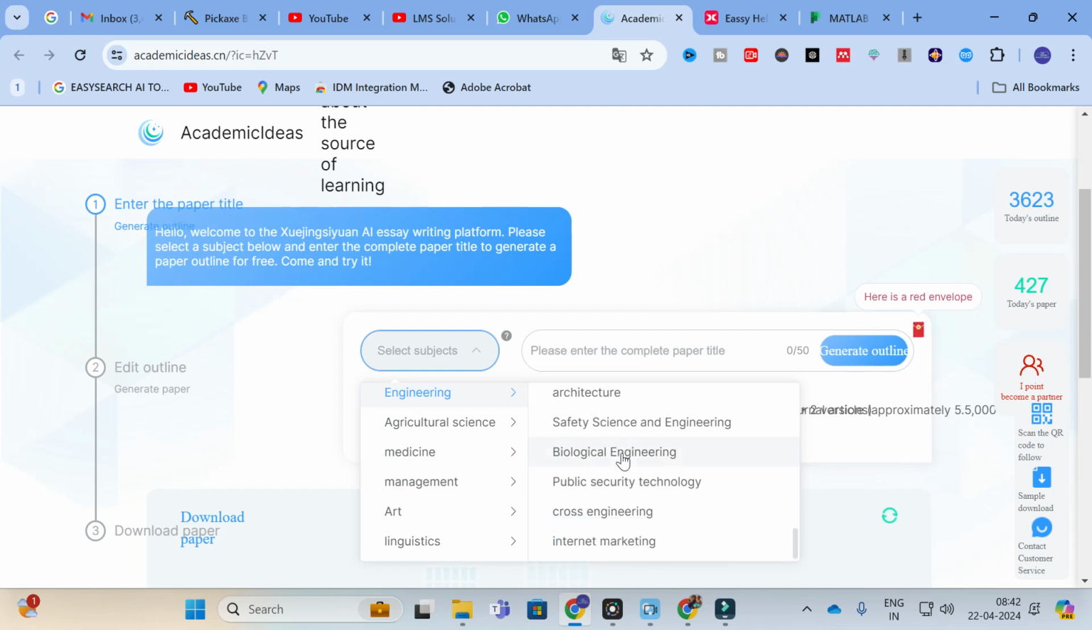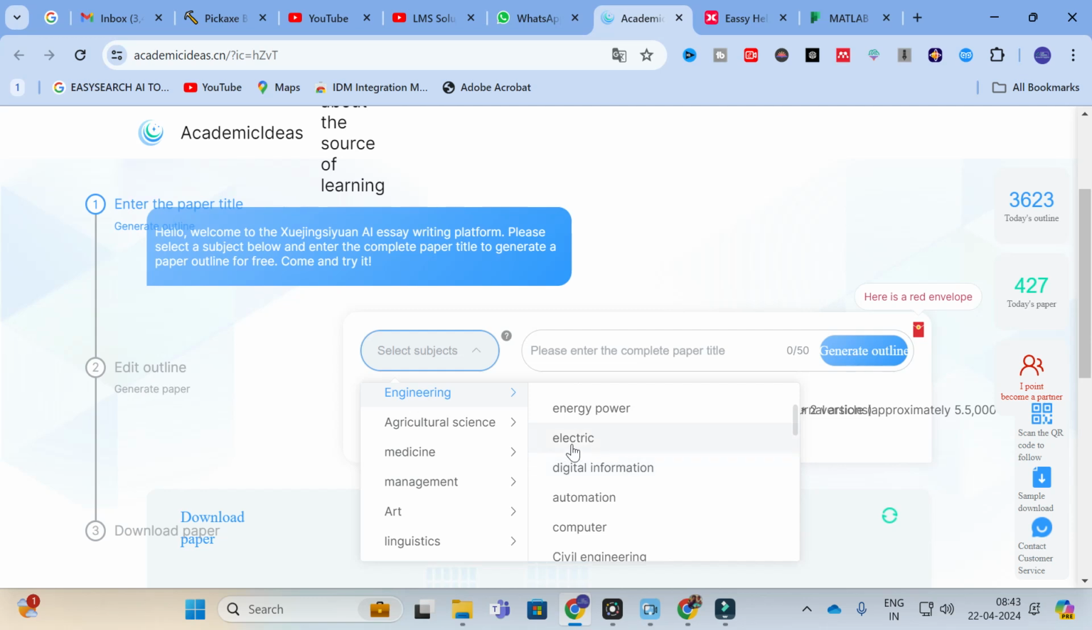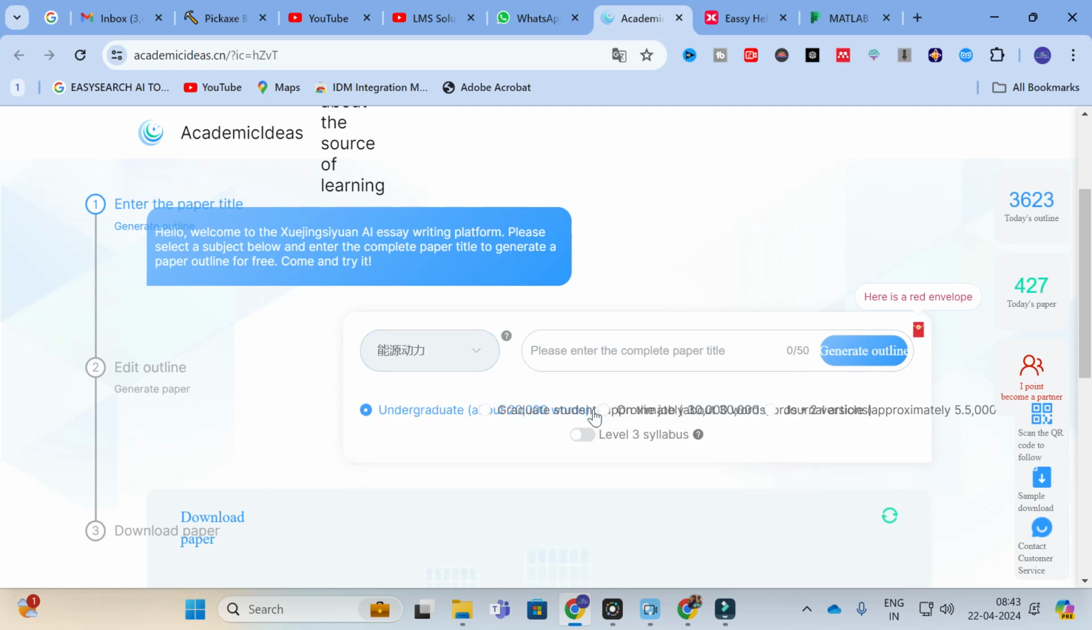So here a vast number of options are available in engineering. I am going to select energy and power. So here I have selected energy and power. Here you can give a complete paper title. In this I am going to give a complete paper title like that: